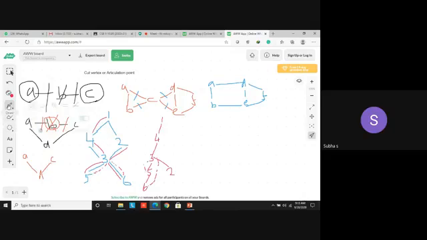No need to panic. The discovery time for 1 is what? This is the first node I have visited, so discovery time equals 1. What's the next node I have visited? 2. Here discovery time equals 2. What's the next node I have visited? 3. So here discovery time equals 3.